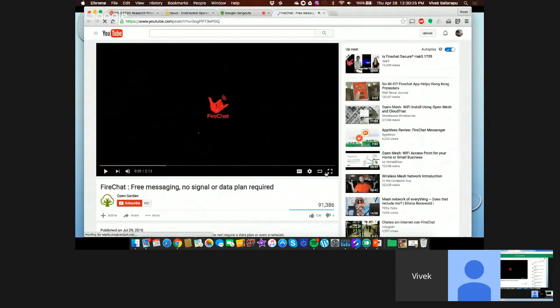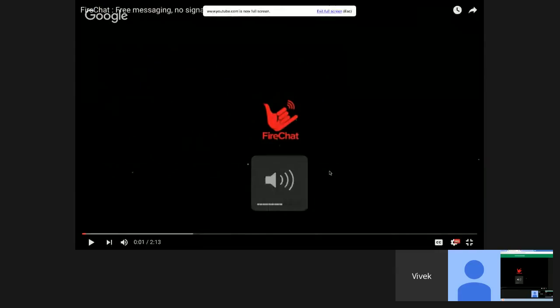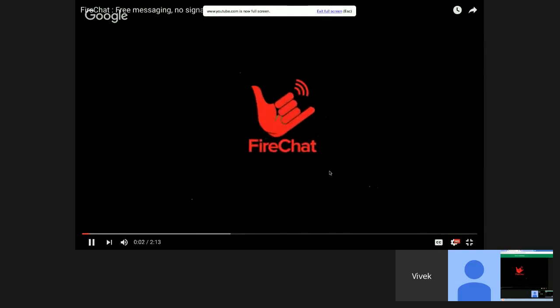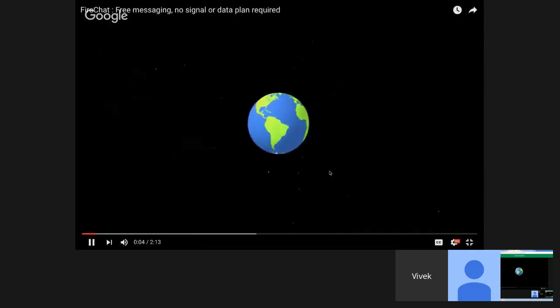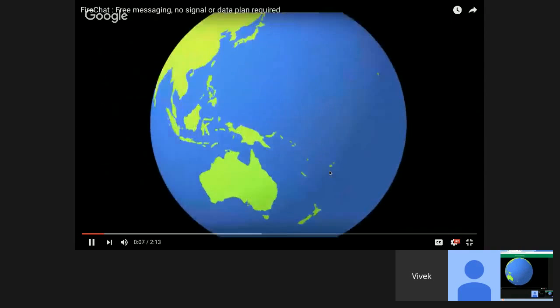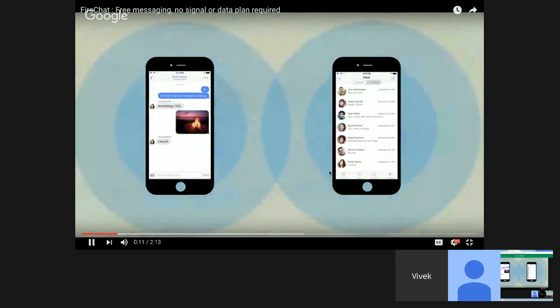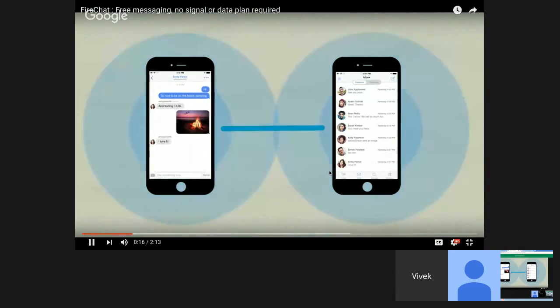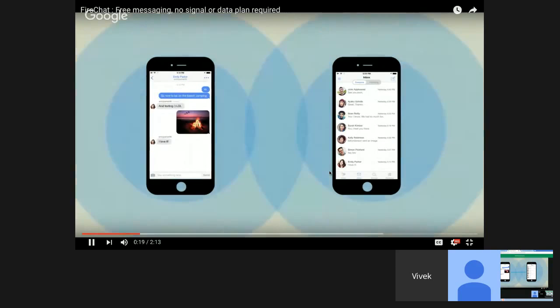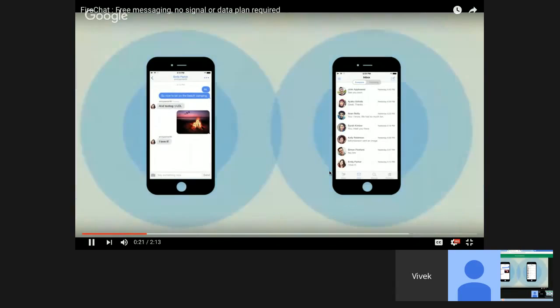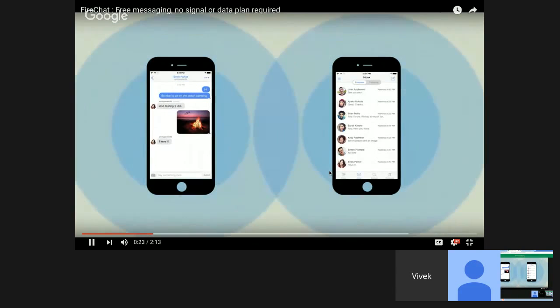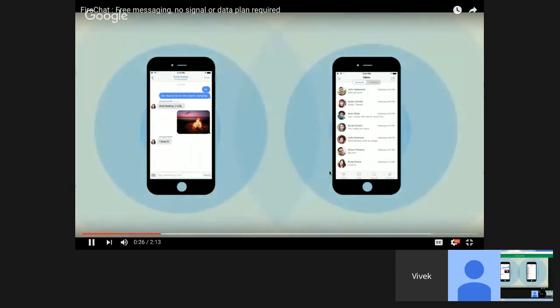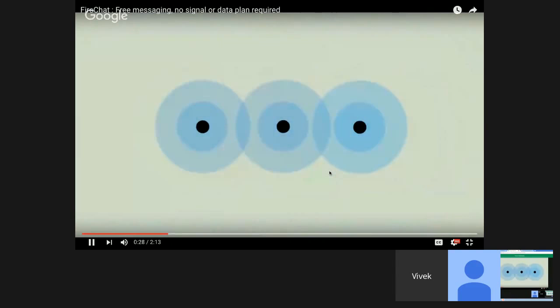FireChat creates a new way to communicate with our phones that does not require a data plan or even a network. It's an app for iOS and Android, and it's completely free. Here's how it works. FireChat connects our phones directly with one another. When two phones are less than 200 feet apart, they automatically connect. You don't need to do anything. Just leave Bluetooth and Wi-Fi turned on, even if you don't have a Wi-Fi connection. If there are more than two phones, they create a larger network. It's called a peer-to-peer mesh network.